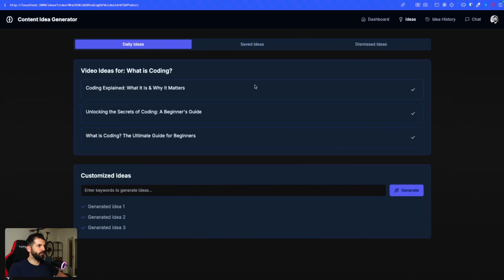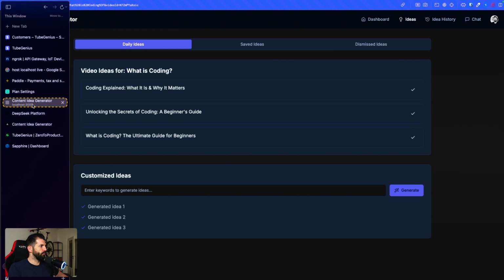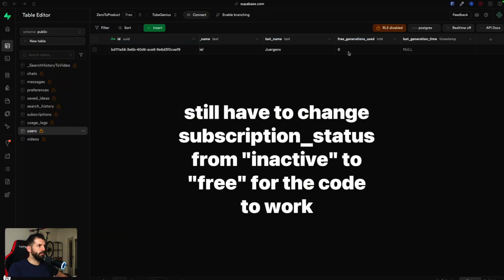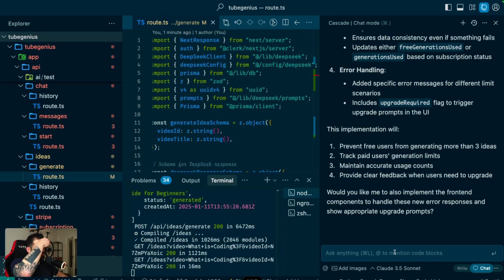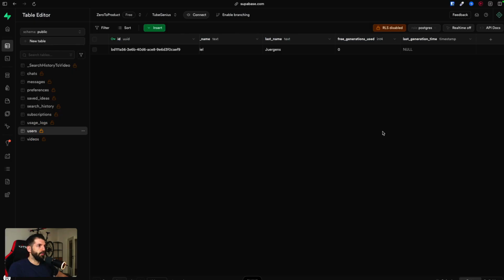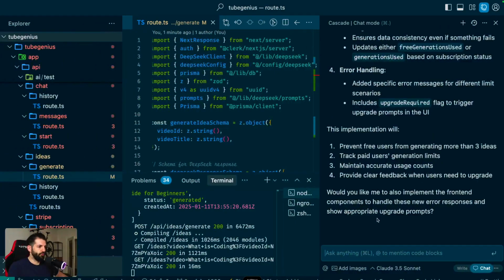So apparently this worked. And the question is, if we switch back over to the database, we can't see anything. So we still have the free generations used at 0. That's great. But now I've tested the new feature by generating some ideas, but the number of free generations used is not increased in the database. So could you go ahead and implement this as a next step? Or before you implement this, please propose a plan what we should do as a next step so that I